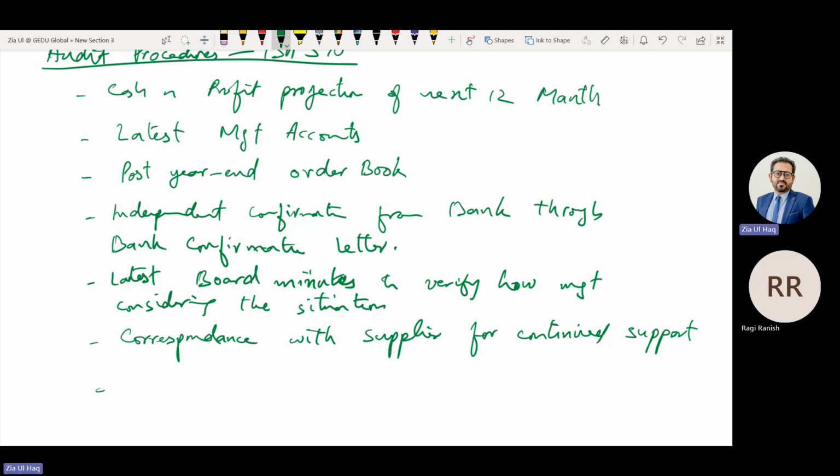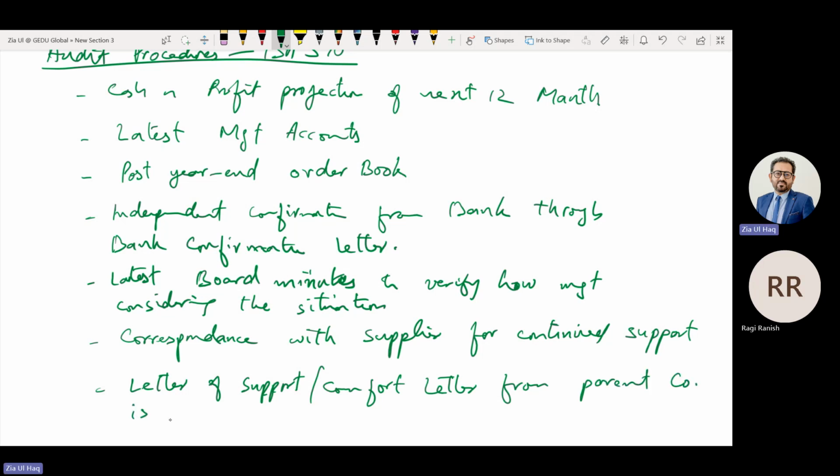So we need to take a written representation from the parent company, whether you will support the subsidiary or not. That representation is called a letter of support, or a comfort letter, from the parent company.